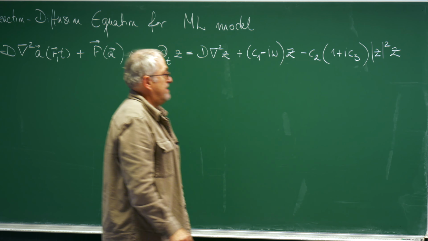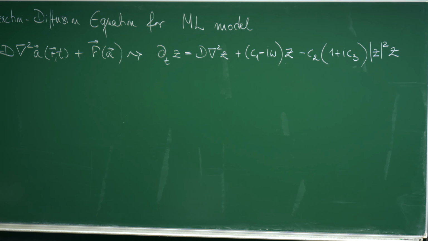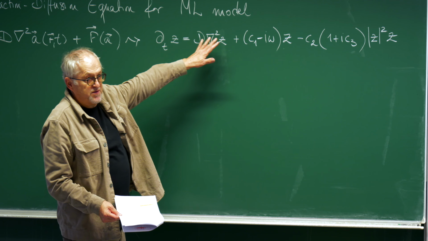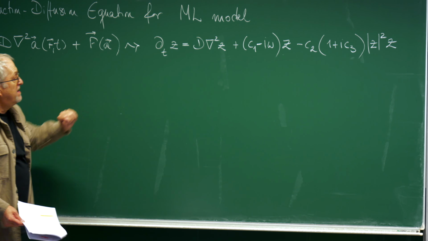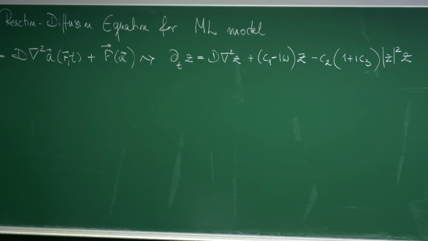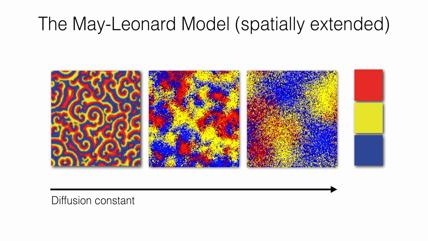All right. What we would like to do now is to see how far such a description can get us in explaining what you see here. And what you saw there, maybe I repeat the movie,